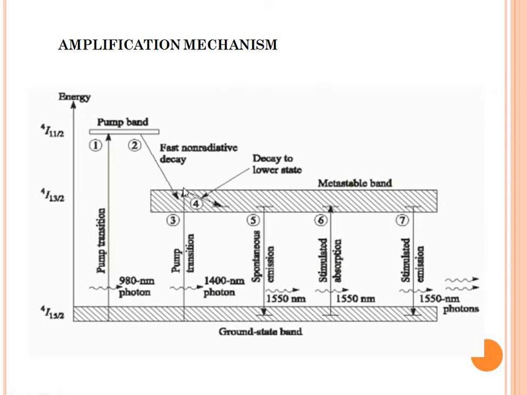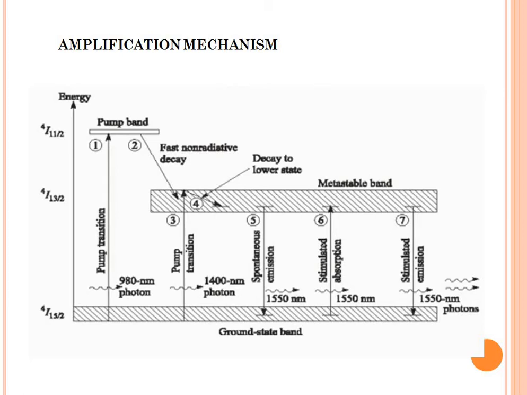The top of the metastable band is separated from the bottom of the ground state band by 0.841 electron volt. This energy corresponds to 1480 nanometer wavelength. Next, the bottom of the metastable band is separated from the bottom of the ground state band by